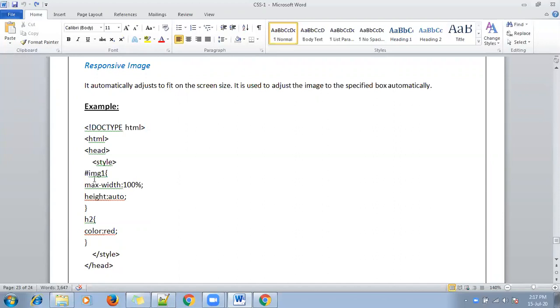So ID selector img1, max-width 100%, height is auto. By using this, we can make our image adjust to fit the screen size. By using the height property as auto.